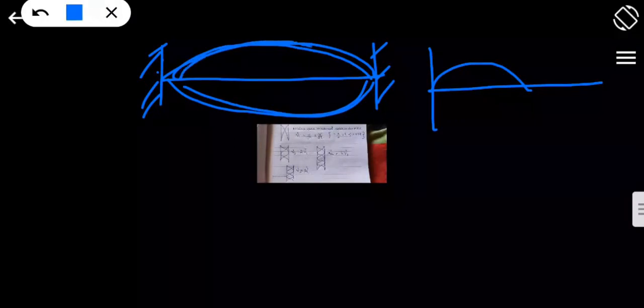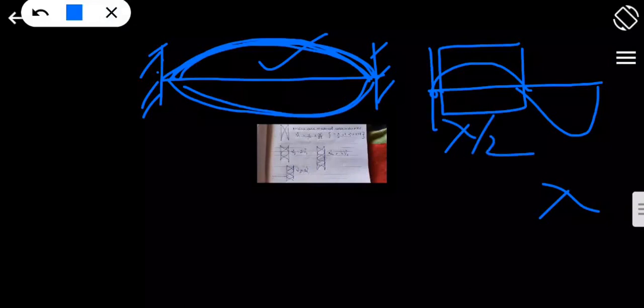So you have to calculate by taking any one of them. Let's take the original one. This is nothing but just a crest. This to this. The full wavelength is how much? The full wavelength is lambda. So up to this is known as what? Lambda by 2. The full length is lambda, so the half length will be lambda by 2.